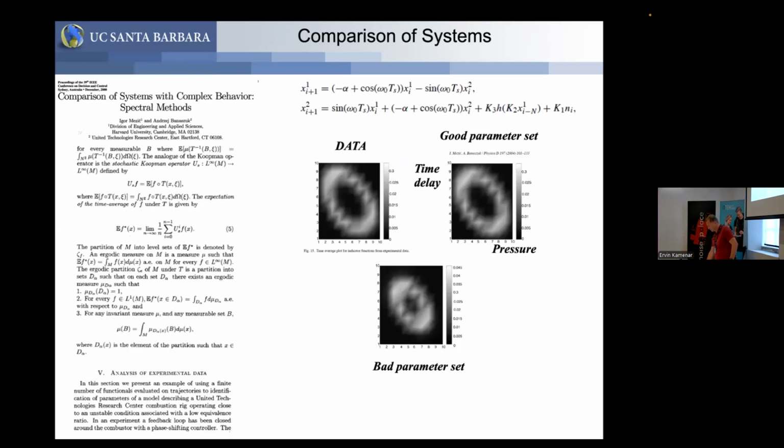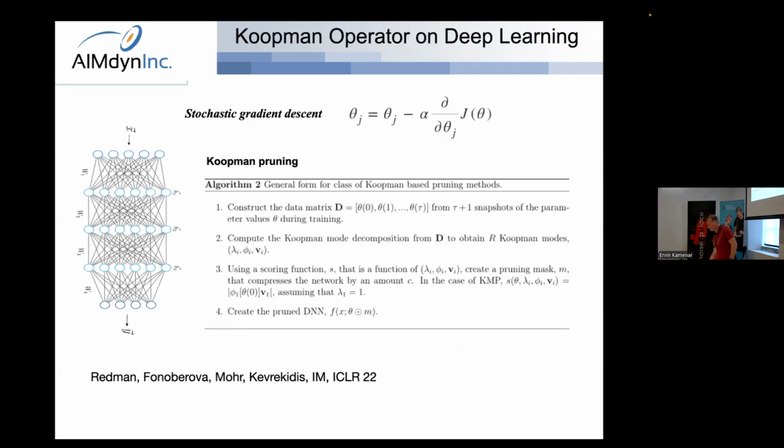work from about 98. This is actually the first paper in Koopman operator applications to real data systems. It's done in 98, 2000 CDC in Sydney, Australia, which was a very nice thing. And so we used it to parameter identification. But then with Will Redman, who is there, we started working on the idea that neural networks themselves have dynamical systems associated with them. And so the first thing that we did is